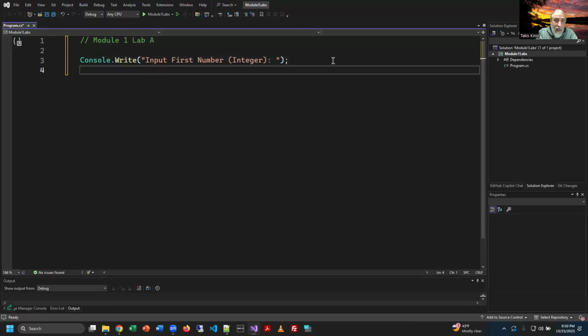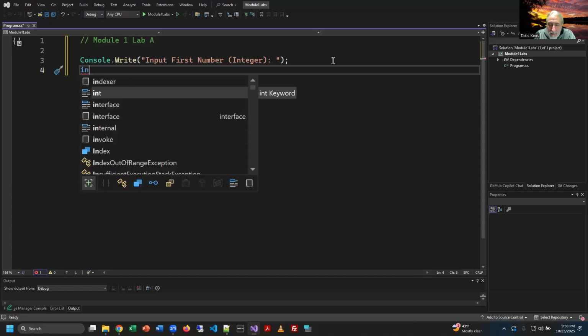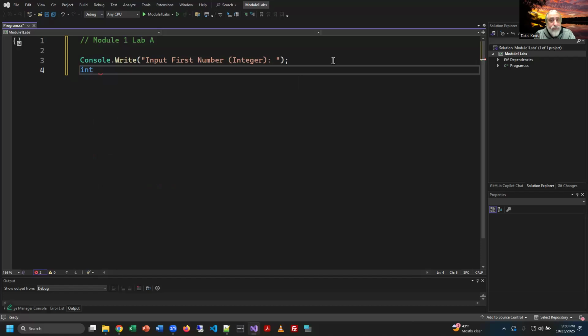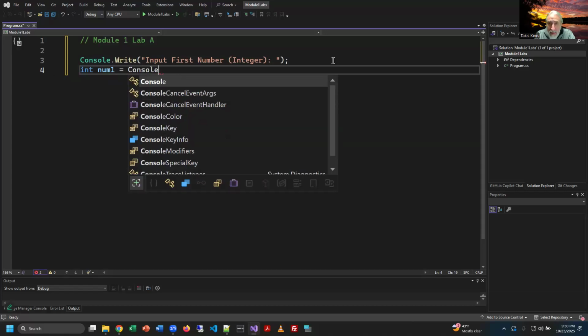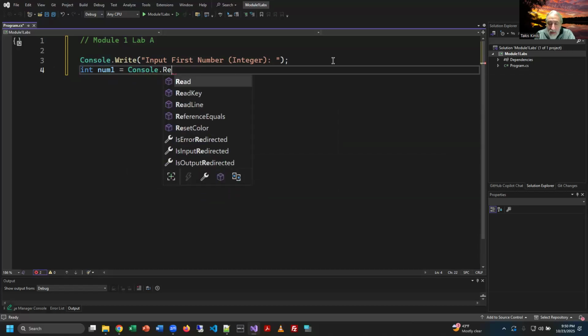Then we're going to capture that, and we're going to store it in a variable. And okay, let's do this. Let's set up a variable. This is where we're going to capture it. And let's just call it num1. I can't think of anything better right now. And we're going to capture from the command line. So if you guys remember this, Console.ReadLine